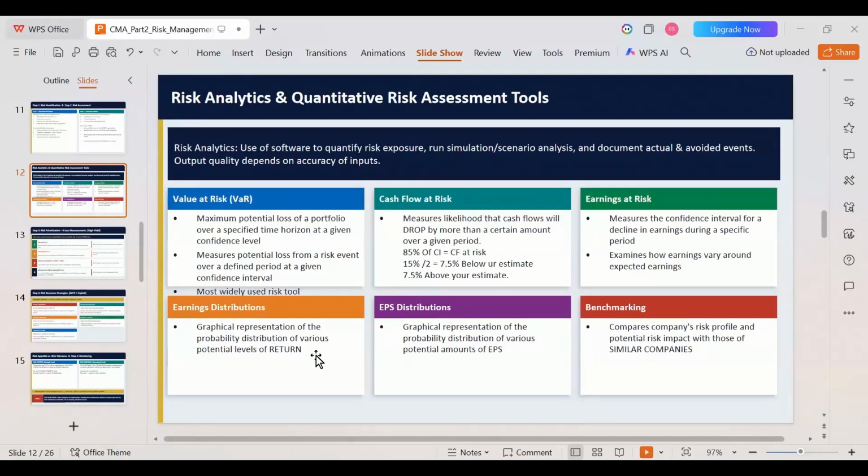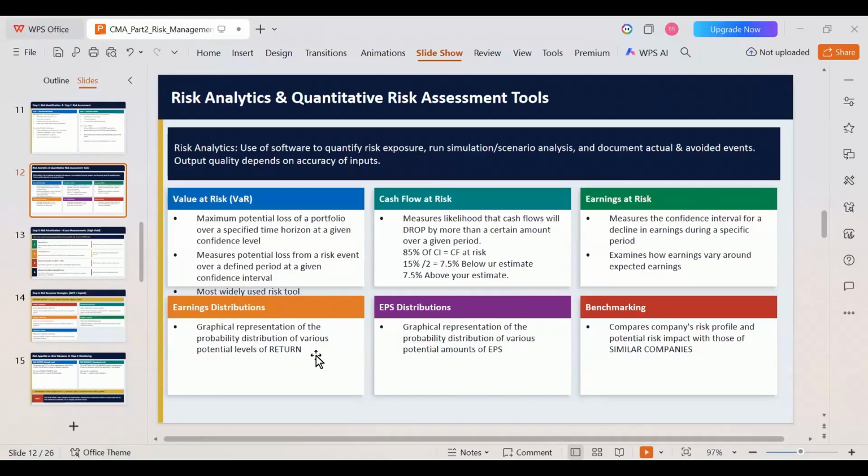Okay, and your earnings that you are expecting from each of these stocks will be different. And the risk factors in the shares that you have invested will also be different. Got it? So now when you multiply this share's price along with the probability, then you will be getting your expected earnings. Okay. So here you can also involve a graphical representation of the probability distribution of various potential levels of return. So that is your earnings distribution. How do you distribute your earnings across various risk levels?